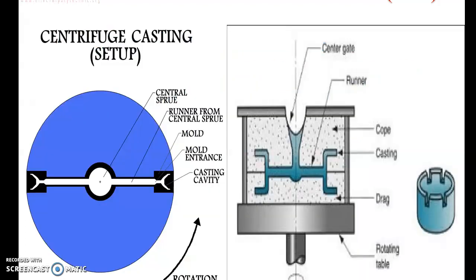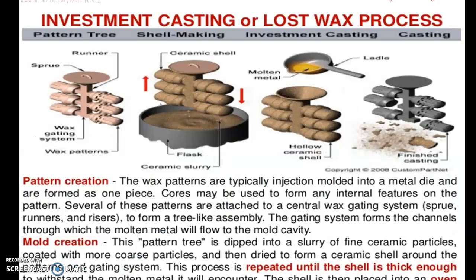In this process, if you go through this slide, you can find the various parts: the central gates, and the runner. The upper side is known as cope, the lower side is known as drag, and this is the process of casting. Here in the top view we can find it. We are pouring the molten metal here, and that is the runner, and this drum is continuously rotated. So it is known as centrifuging.